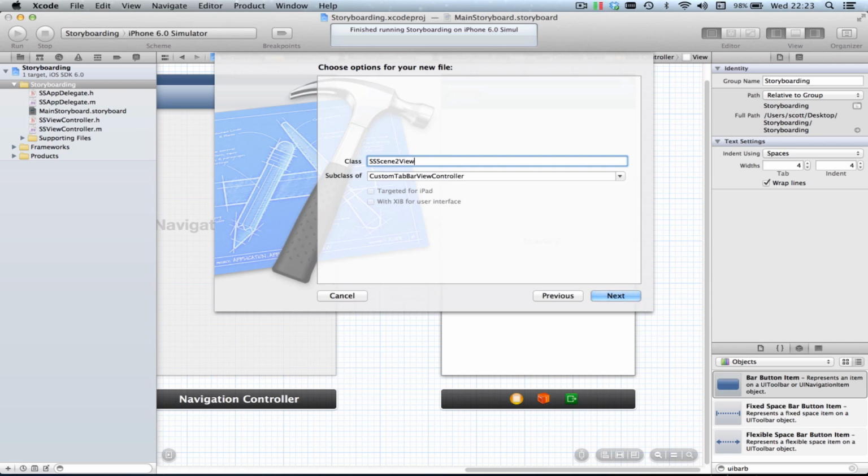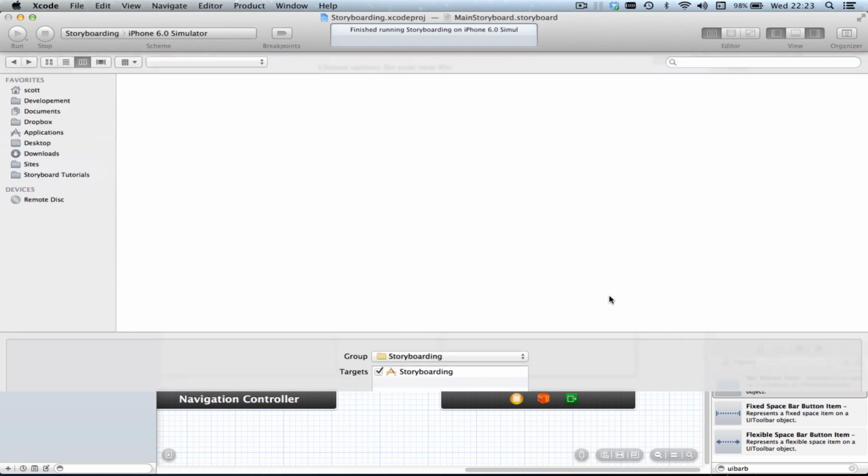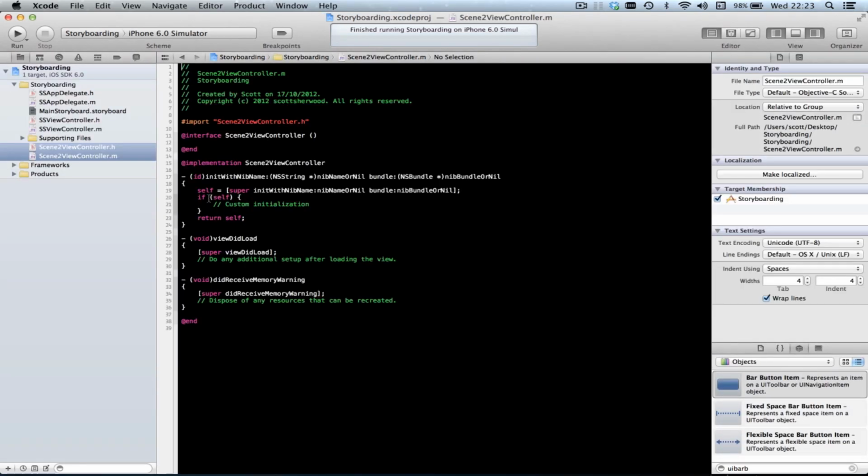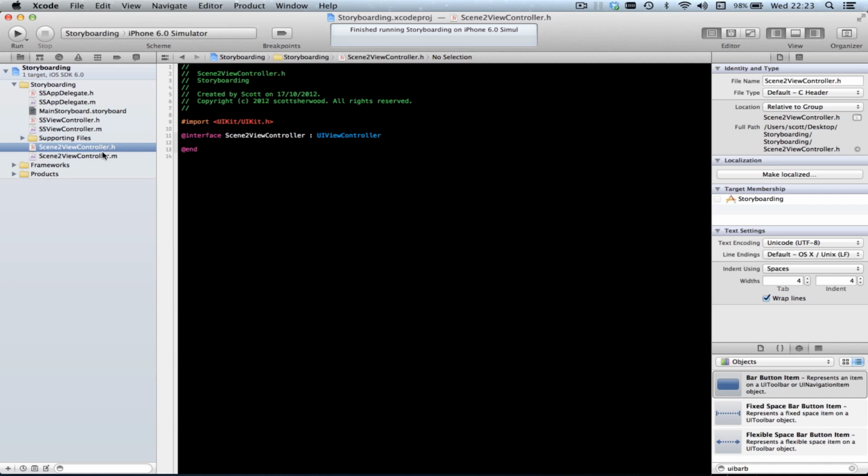And this is a view controller. Oops, I just do UI view. And let me just get rid of the prefix because I think my initials may confuse things a little here. So let's create that into the project. So here we have our scene view controller. What we're going to do now is we want to add